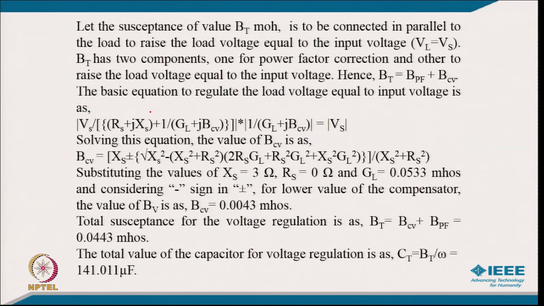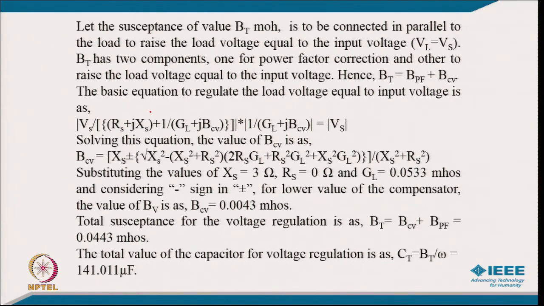The basic equation to regulate the load voltage equal to the input voltage is what we derived already. The voltage across the load, the calculated value here, should be equal to the source voltage. And how did we calculate this? The load voltage we calculated from Vs: we got the total current of the circuit, multiplied by the load admittance and load impedance. So, this gives the voltage across the load, and the magnitude of this should be equal to the source voltage. Solving this equation we got BCV, the voltage compensator